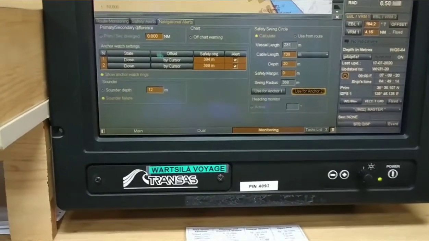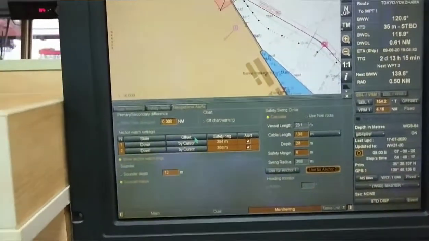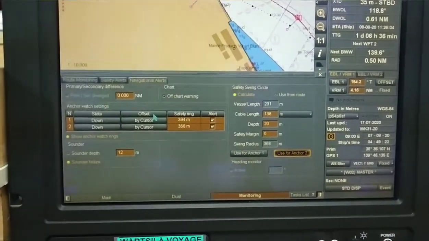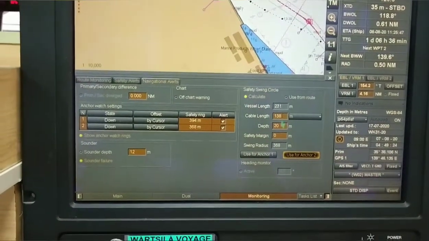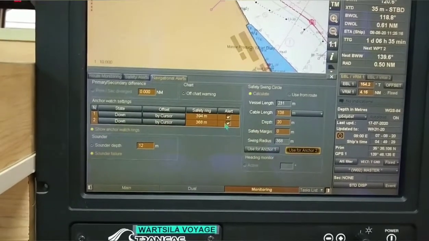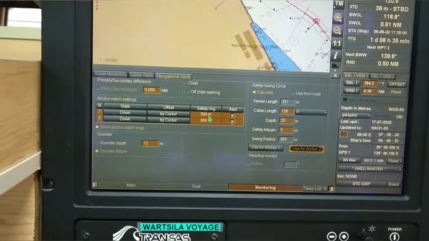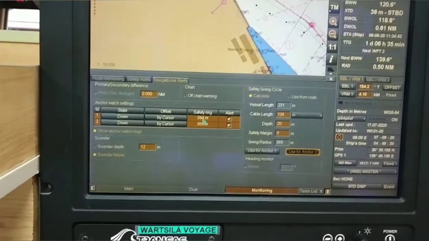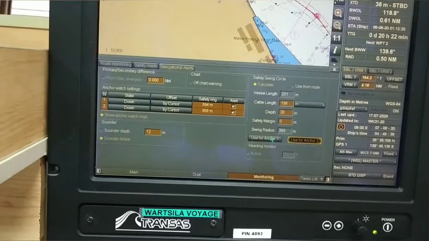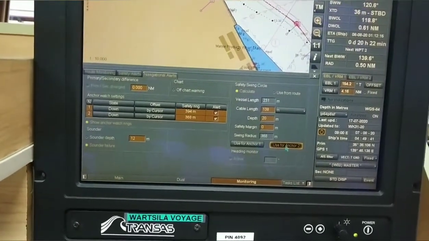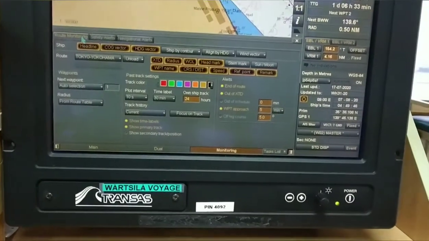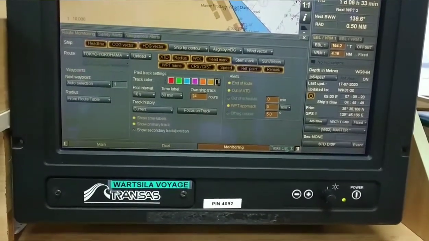Then same navigational alert. If you want to drop anchor and maintain anchor watch, simply put your vessel's length, number of cables you are putting down, depth of the chart, safety margins you want, and click on use of anchor 1 and select your alert ring. Calculate your safety ring, meaning your swinging circle, put the value and click on select, and use whichever anchor you are using, anchor 1 or anchor 2, and your anchor watch will start and you will get an alarm if your vessel goes out of that swinging circle.